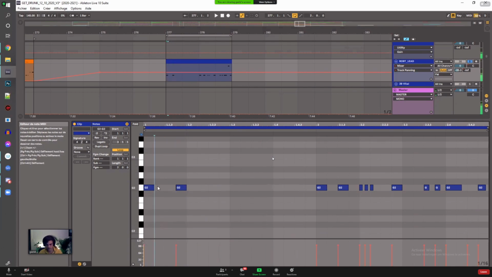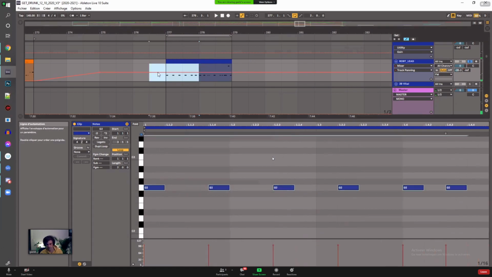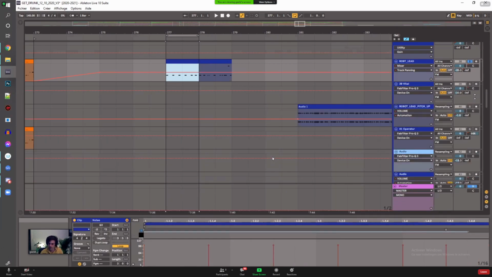Having one note, then two 1/16ths empty, and one. So that's every 3/16ths. And this little rhythm here is really efficient to make the groove head bobbing.